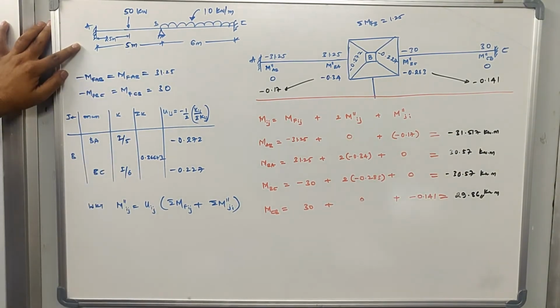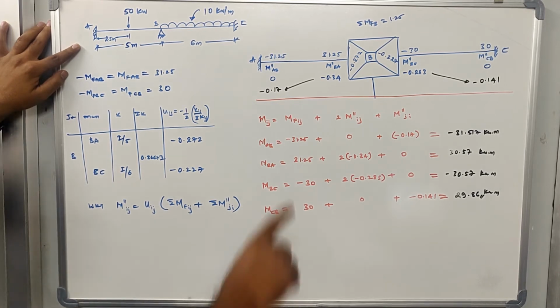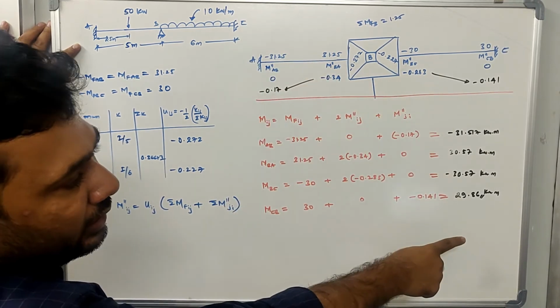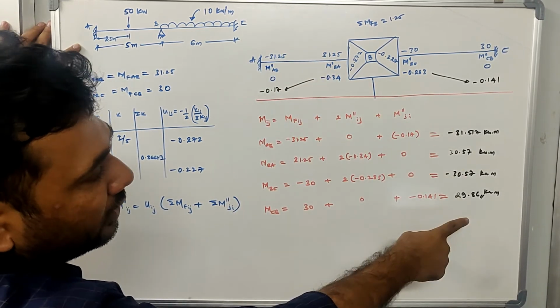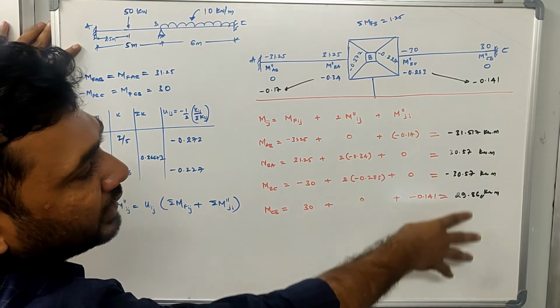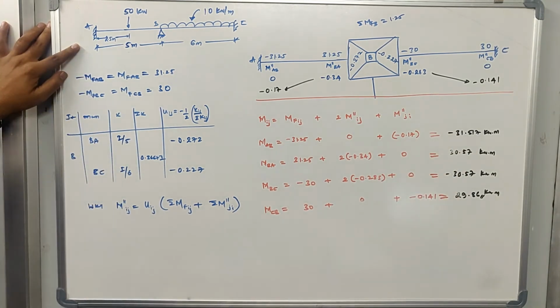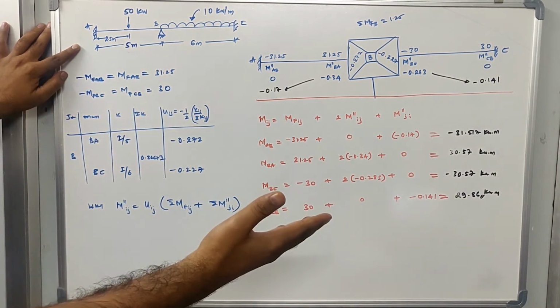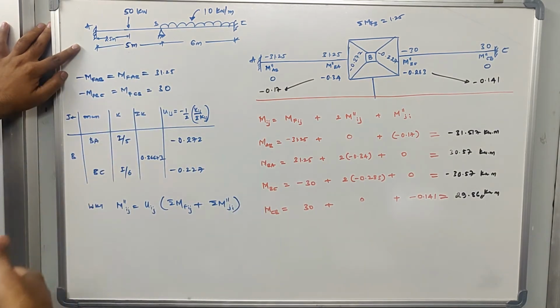Okay, so you try to verify whether the end moments that I have calculated from the Carney's method and the end moments that are calculated from the slope deflection are remaining same or not. Okay, you can check or you can verify that later, and you can solve this same beam using the moment distribution method, and you can compare with the results that are arrived from the Carney's method and moment distribution method.